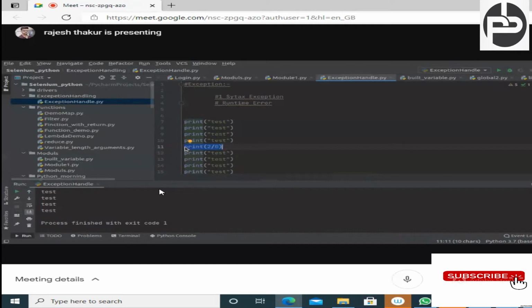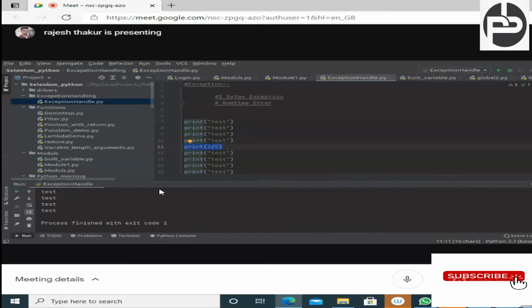Then that means we can handle these things, right? If we get some kind of error at line number 11, then we should handle it for sure. We will do that, and we'll see how. Due to line number 11, the remaining code should still execute properly. That is our agenda. This kind of error is known as a runtime error, right? Understood? Now, how do we handle it in programming?